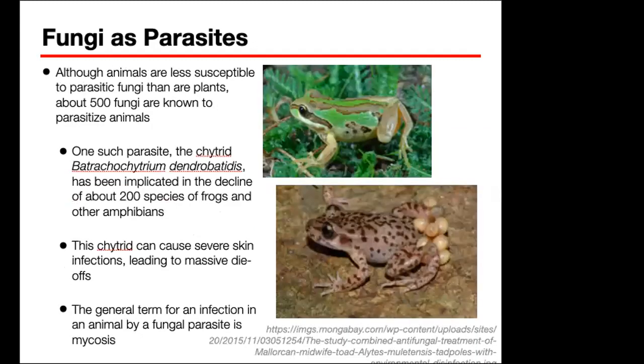For animals naman and higher organisms, there are recorded parasitic fungi, no? Like the parasite that we mentioned early on, Batrachochytrium dendrobatidis, which has been implicated in the decline of frogs and other amphibians in a given freshwater. I think that's somewhere in the United States. I forgot where exactly. And what this chytrid does is that it causes severe skin infections, which leads to massive